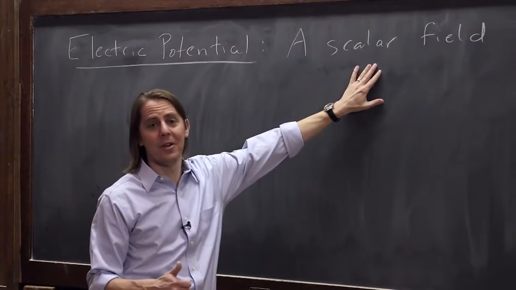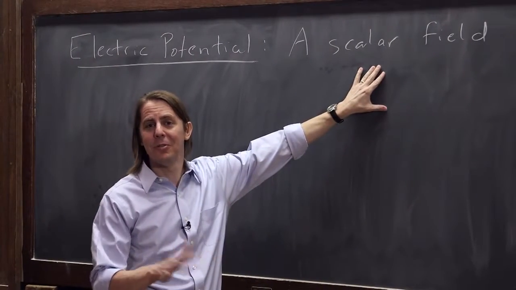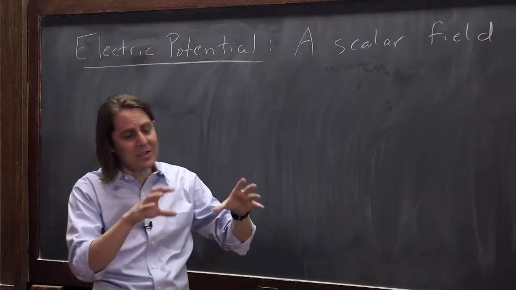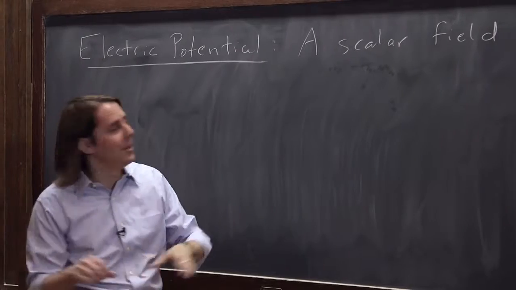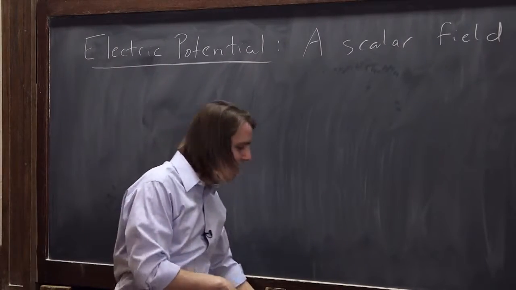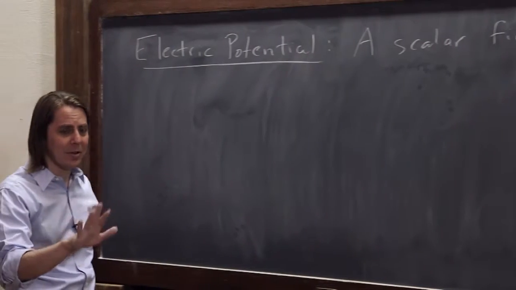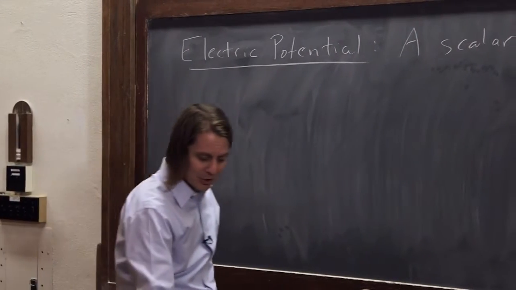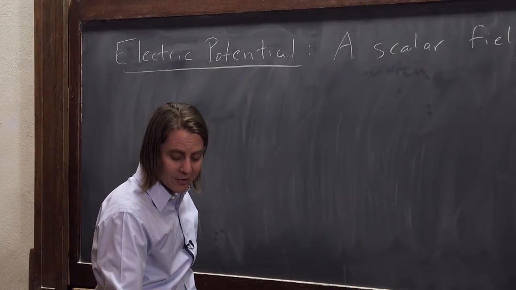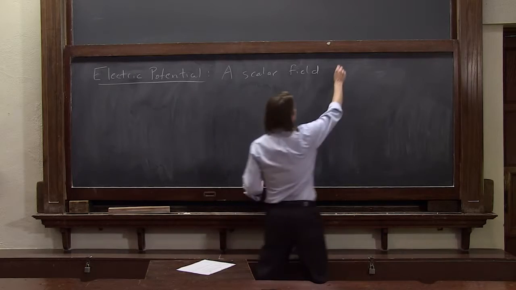For instance, now we're taking a step back. It's a scalar field. It's not a vector field. So it's actually a little bit easier to use than the E field. It just makes sense electrostatically to bring it in later. But it's actually mathematically simpler because there's no direction to worry about. It is just a simple scalar field. So if you're feeling lost in the math and you're thinking of giving up, don't give up. This is not the time because the math is about to calm down. Okay? So it is a scalar field that is equal